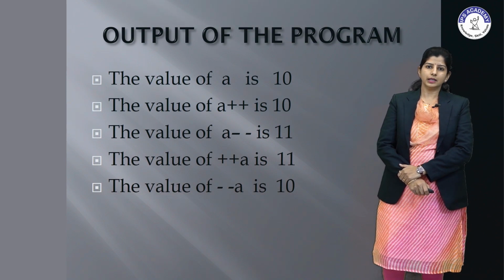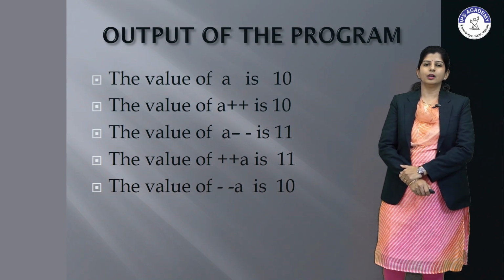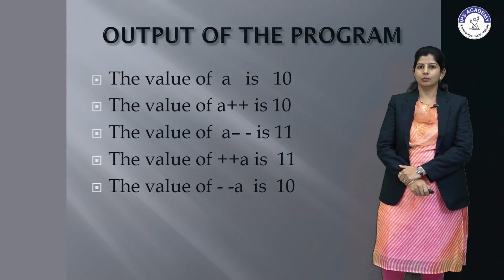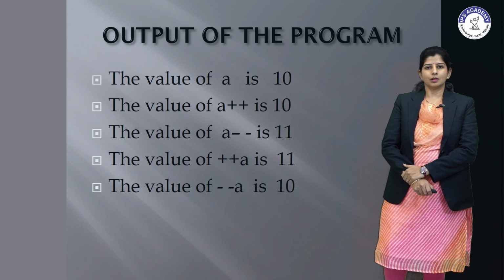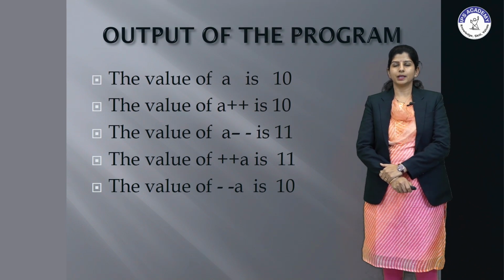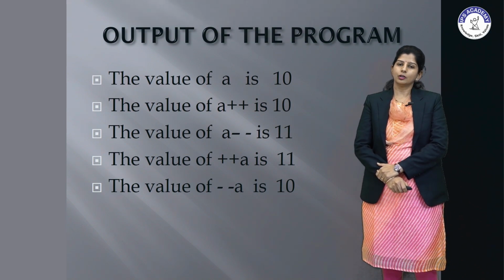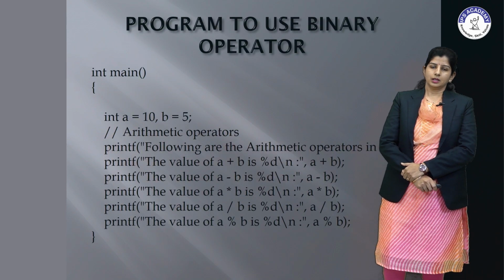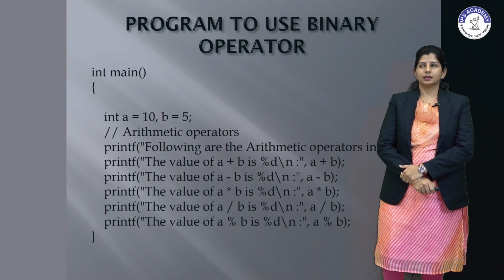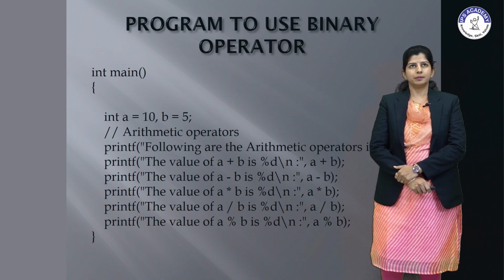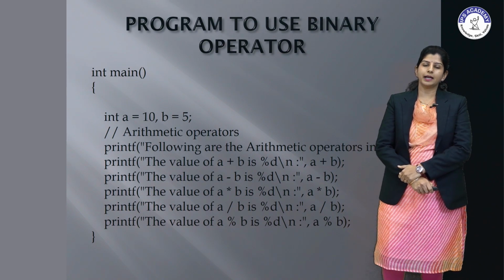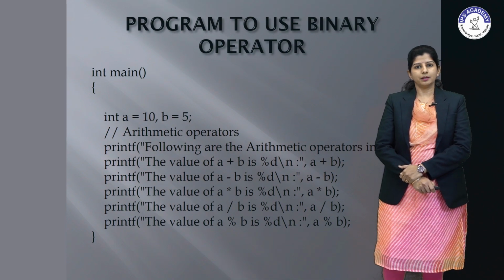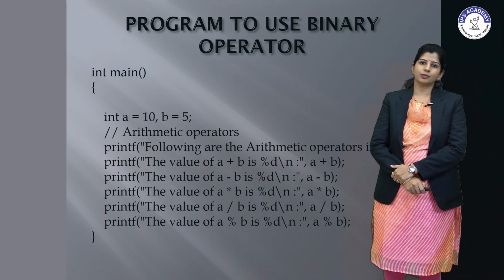Also we have to learn that it always works on a single operand, not more than 1, and it always increases or decreases by the value 1, not more than 1. Now we discussed that the arithmetical operators are basically divided into two, unary operators and binary operators. So unary we have cleared, and the binary is what?